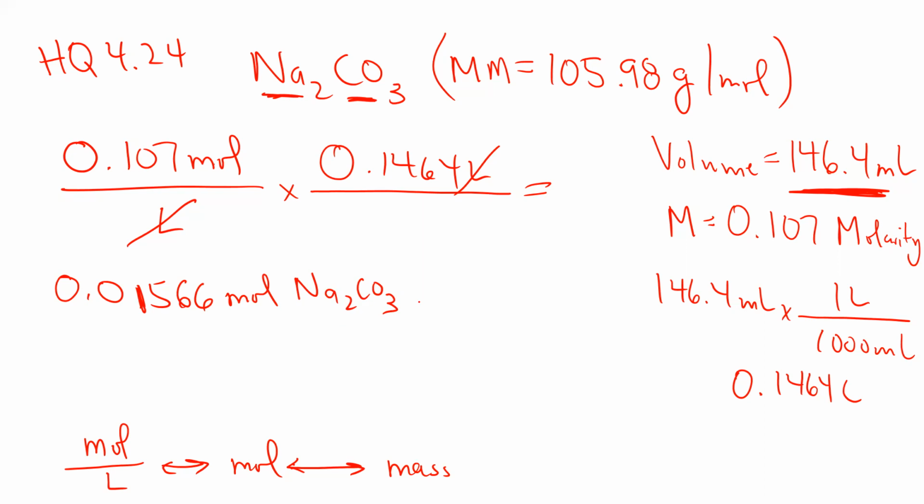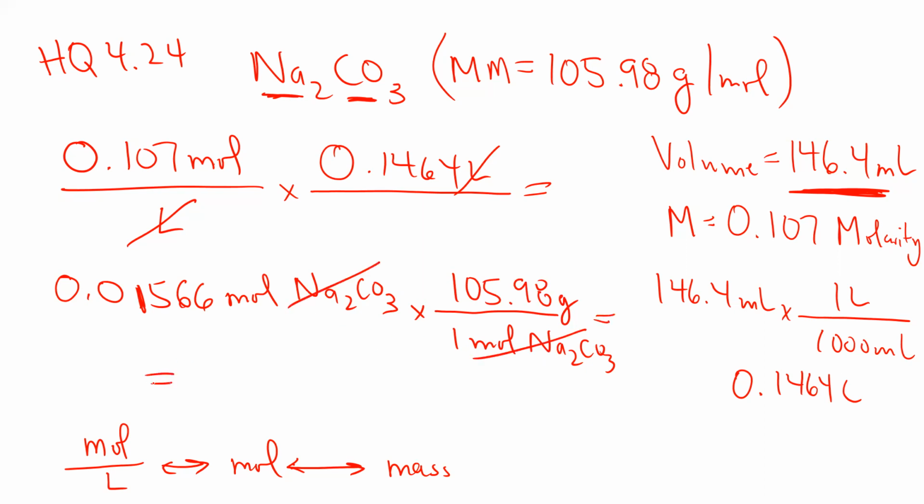Now we can bring in the molar mass because I know for every 1 mole of sodium carbonate, I need to have 105.98 grams. So moles of sodium carbonate cancel out, and we're left with 105.98. I'm going to have to add about 1.66 grams of sodium carbonate